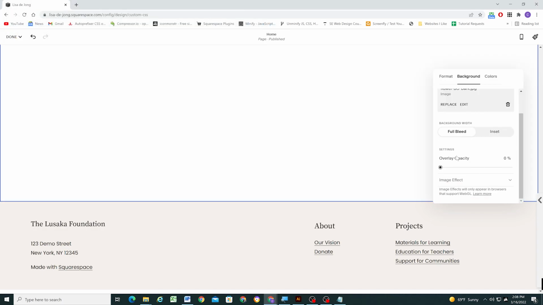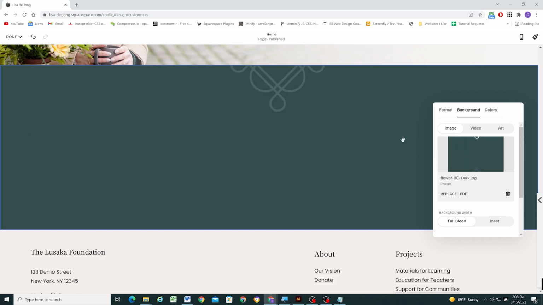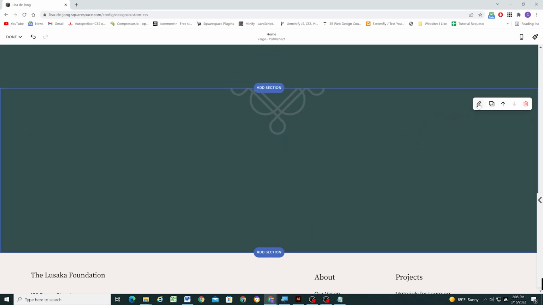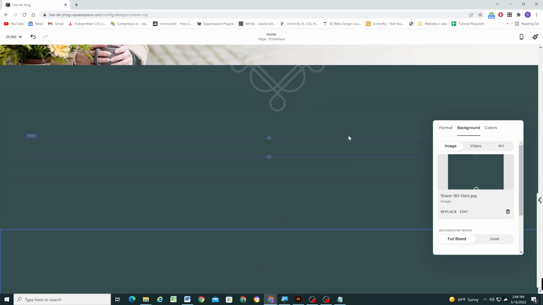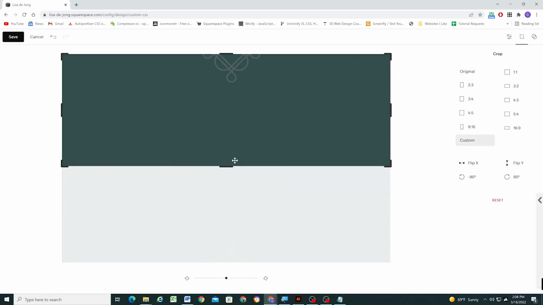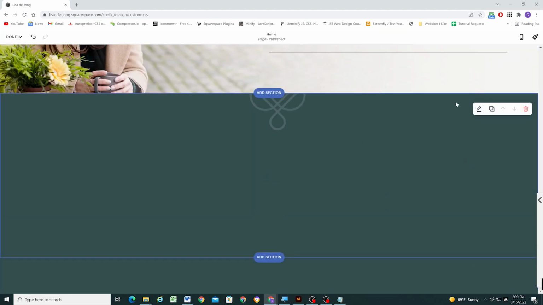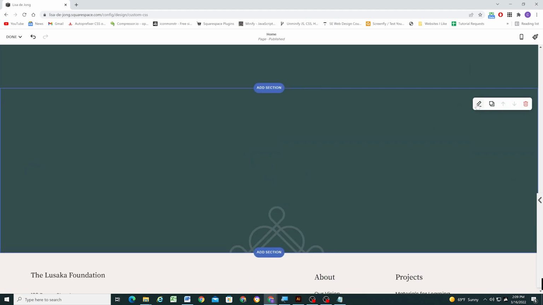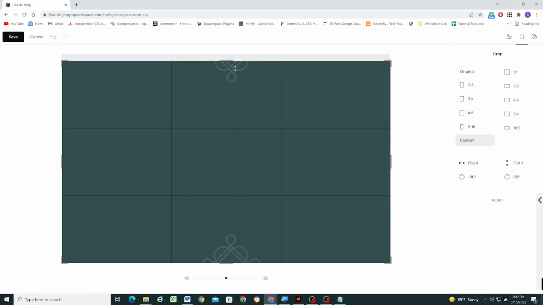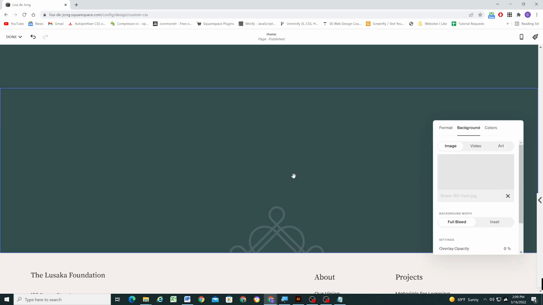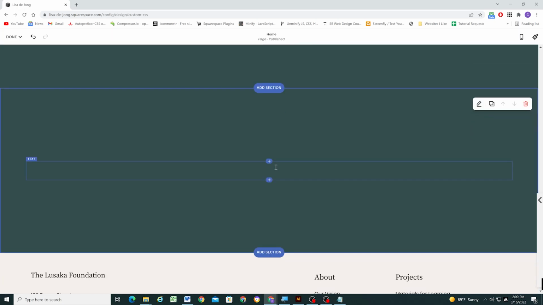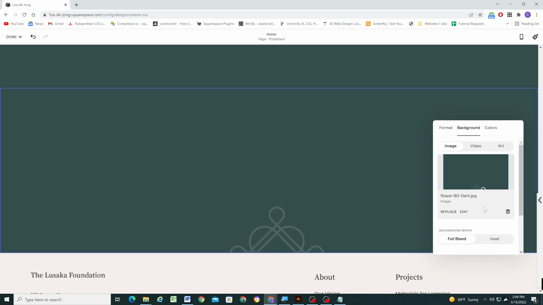So I realized I would have to split up this content into two different sections, and that way I can drag the focal point of the top section up to the top, and then the focal point of the bottom section to the bottom, and that way that ensures that the decorations will always be in frame no matter if they were on the top or on the bottom. So you can see this actually turned into a really good solution,